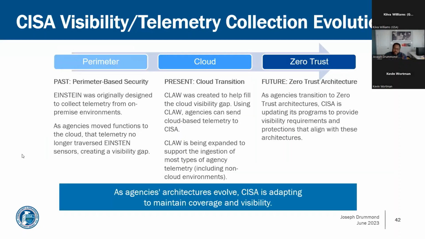Right, and so kind of to highlight where we're going, right? Like Einstein was designed to collect telemetry from on-prem resources. We're looking at NetFlow data, one type. It had intrusion detection capability. And so this CLAW kind of highlights us evolving our architecture along with the technology landscape and the threat as well. And so CLAW being able to support the ingest of multiple log types and being able to pivot based